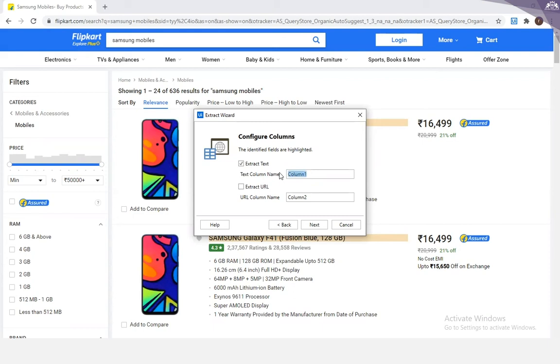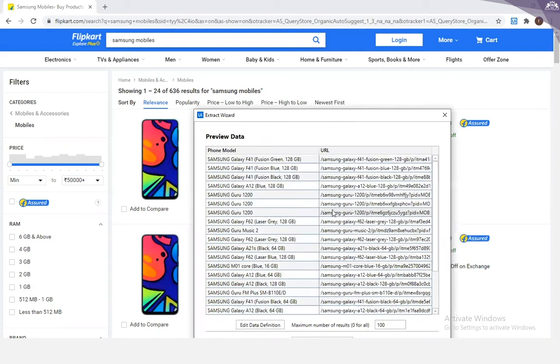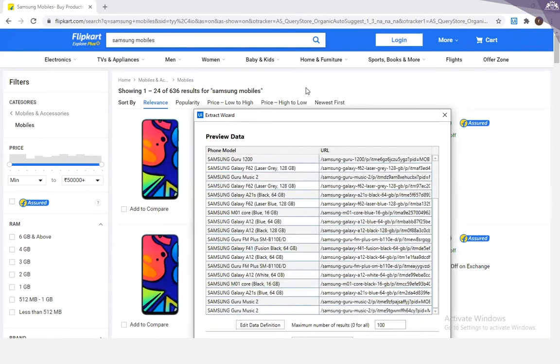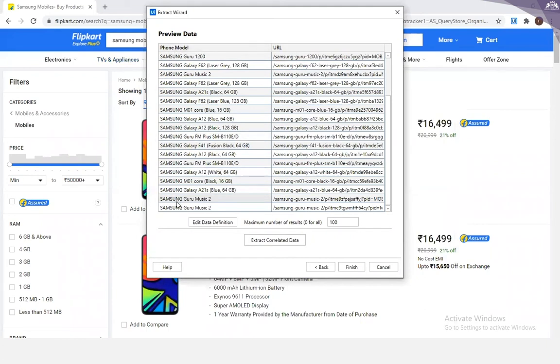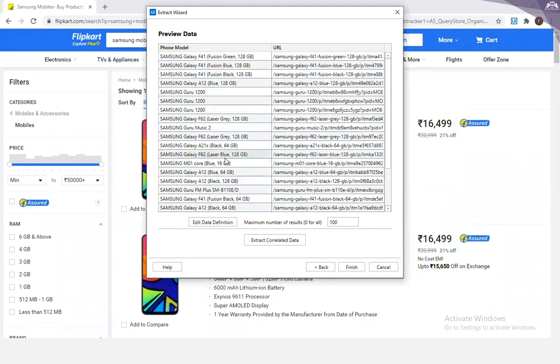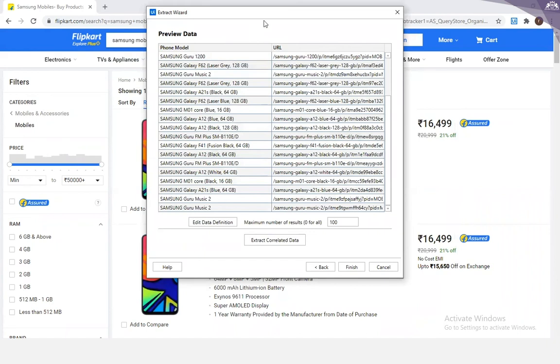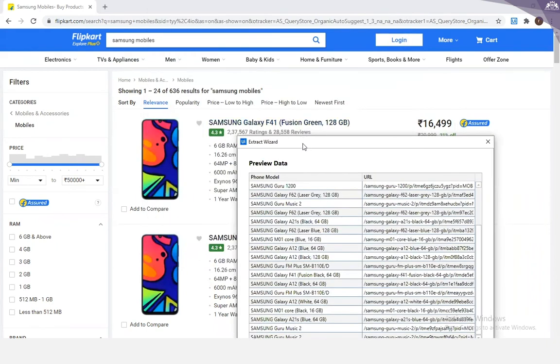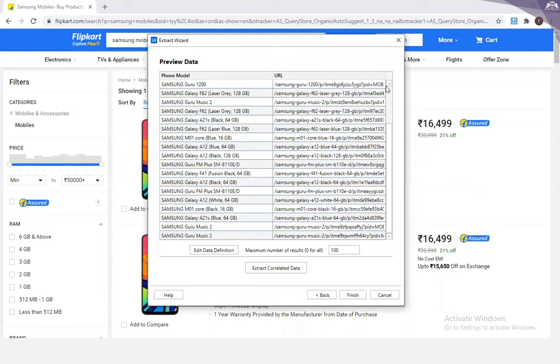Now I'll give it a name like phone model. And suppose I want to extract the URL also, I'll name it URL and click on next. So this has given me a preview of some data. I'll show you this extract wizard. Here I can see phone model on this page. So almost 24 phones are there. 1 to 24 phones can be seen in this particular page, along with its